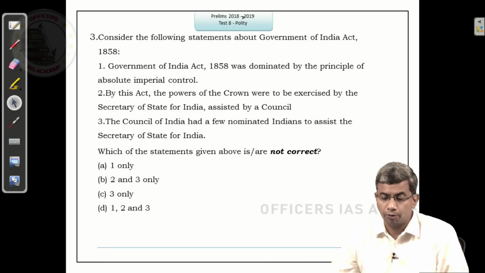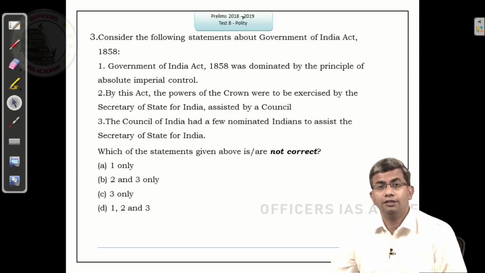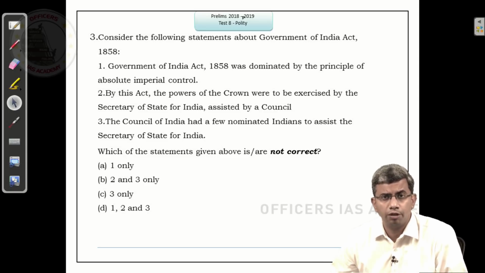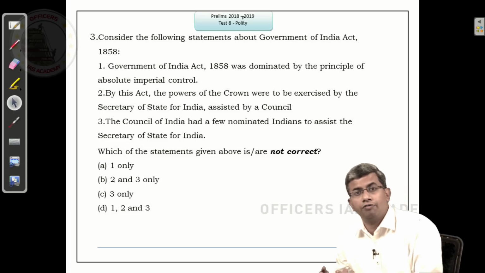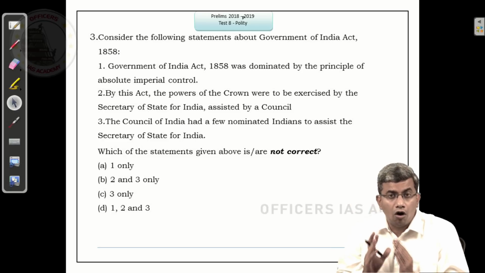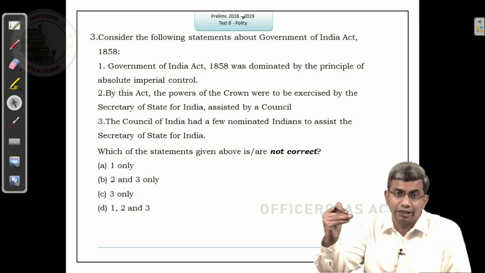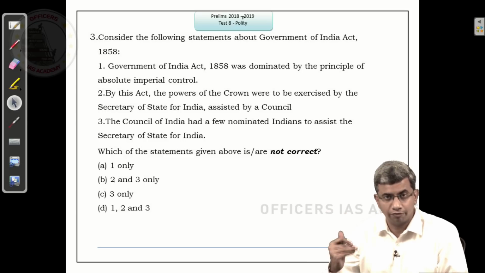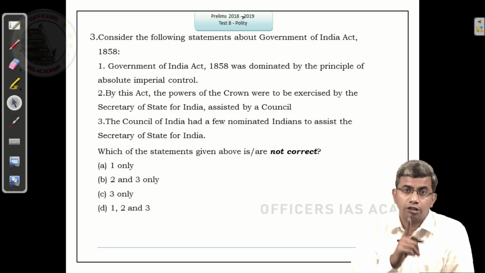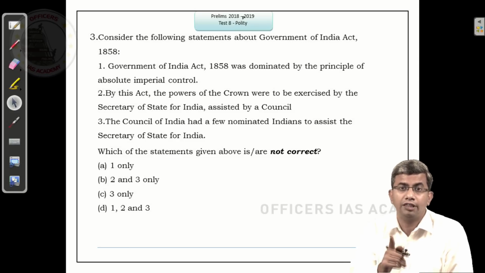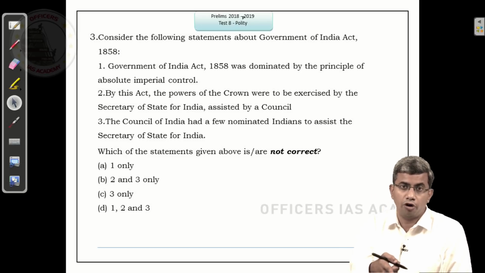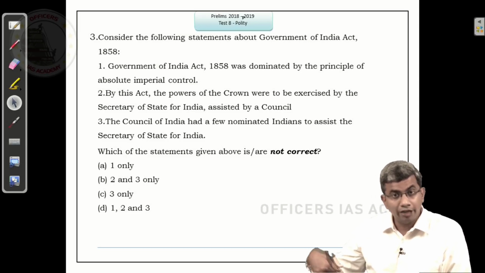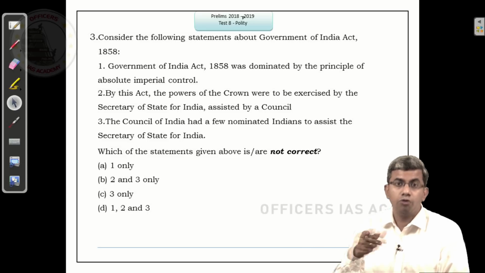Consider the following statements about Government of India Act 1858. So guys, in this test we have asked a question from each of the important enactments which were enacted by the British when they were in power in India, starting from the Regulating Act of 1773 till the Government of India Act 1935. And all the salient features of each of these acts are given in your explanation as part of the answer key. So I repeat, your test preparation is not complete without revising the answer key along with the explanation which is given. Because UPSC may not ask the same points which we have asked in the question, but based on the explanation that has been given to you, you may be able to answer that question.